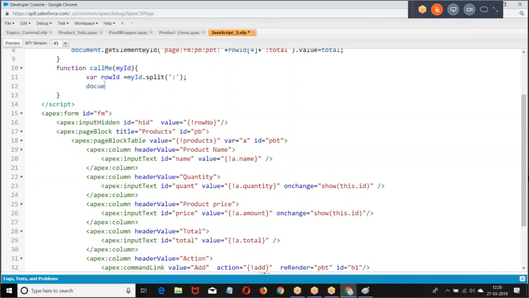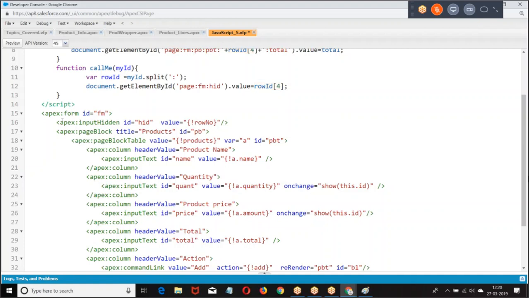So what I'm doing is document dot get element by ID, page form hidden dot value equal to. What is the value of this element? This element equals the row ID. If the row is 2, the value is 2. If the row is 3, the value is 3.